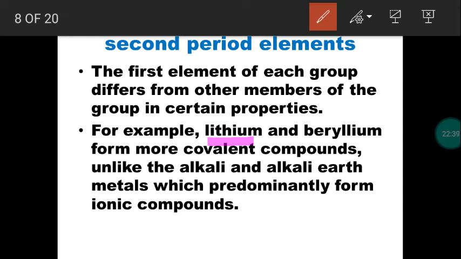So all the atoms are trying to be like noble gases, right? Except noble gases, the remaining atoms are highly unstable. So all the atoms are trying to achieve the electronic configuration of noble gases. For that, atoms can lose electrons, or gain electrons, or share electrons. So there are different possibilities. Except noble gases, the remaining atoms in the modern periodic table are highly unstable, and each one has the tendency of attaining stability, right?